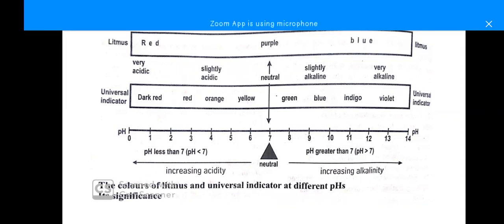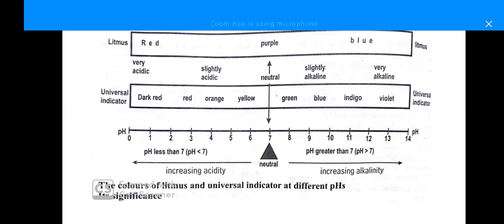The color on the indicator will go from red to dark red to show you that it's a very strong acid. Now, the moment it gives you a pH of 3, you should know that it will give you a red color on the universal indicator. It reads 4 on the pH, and as it reads 4 on the pH, it will give you an orange color on